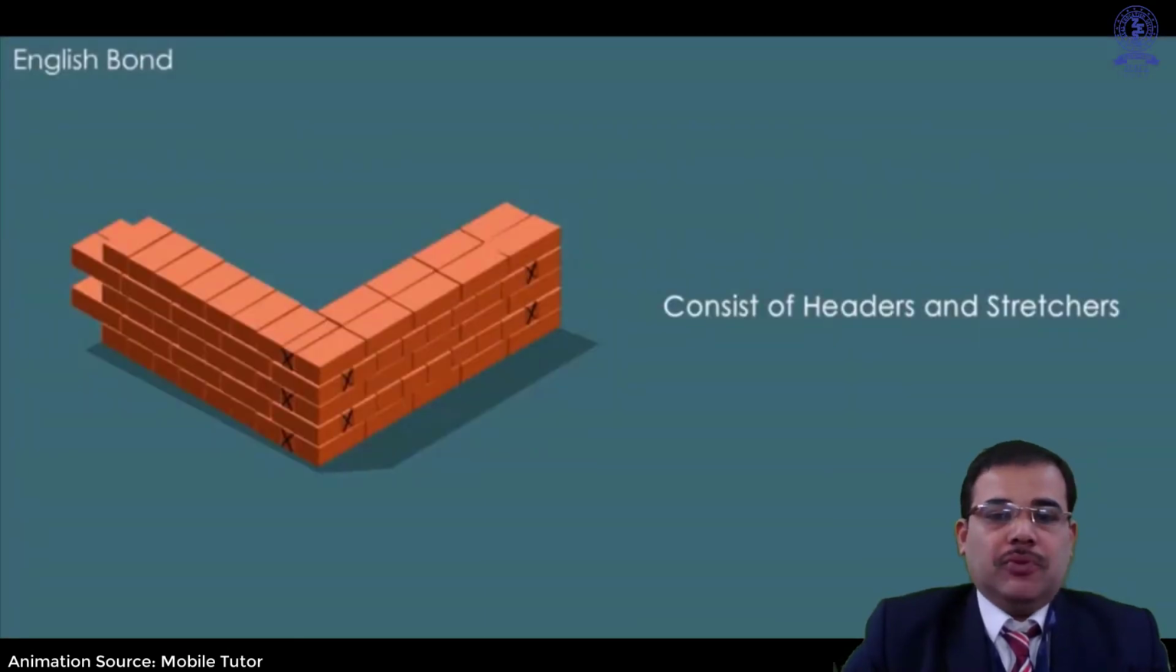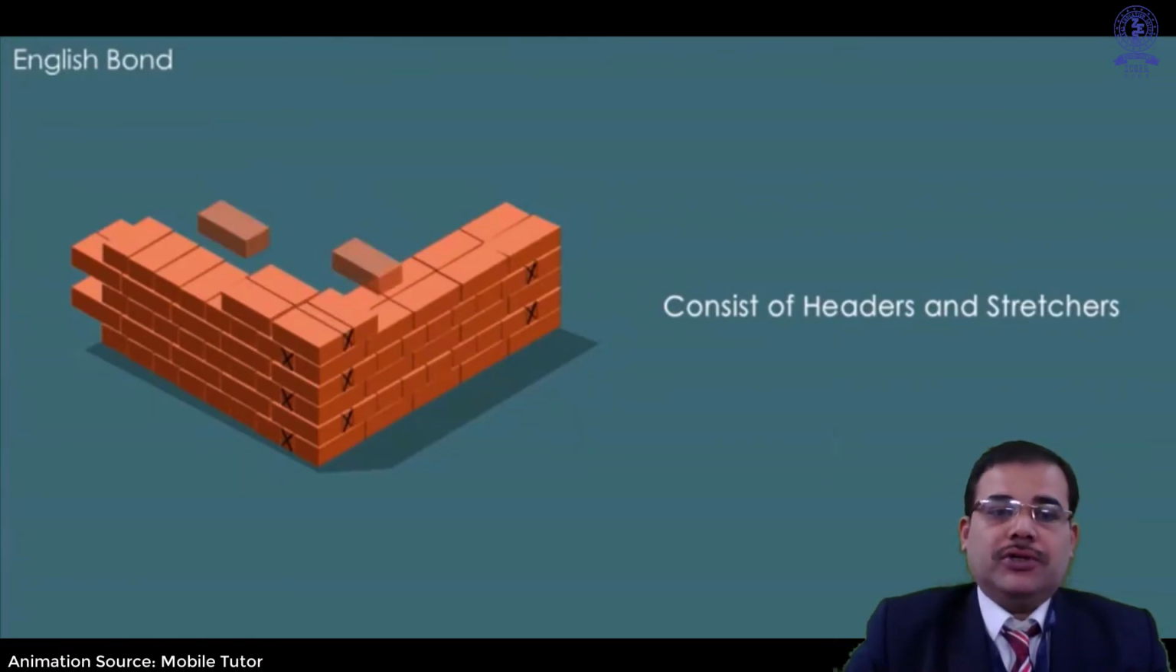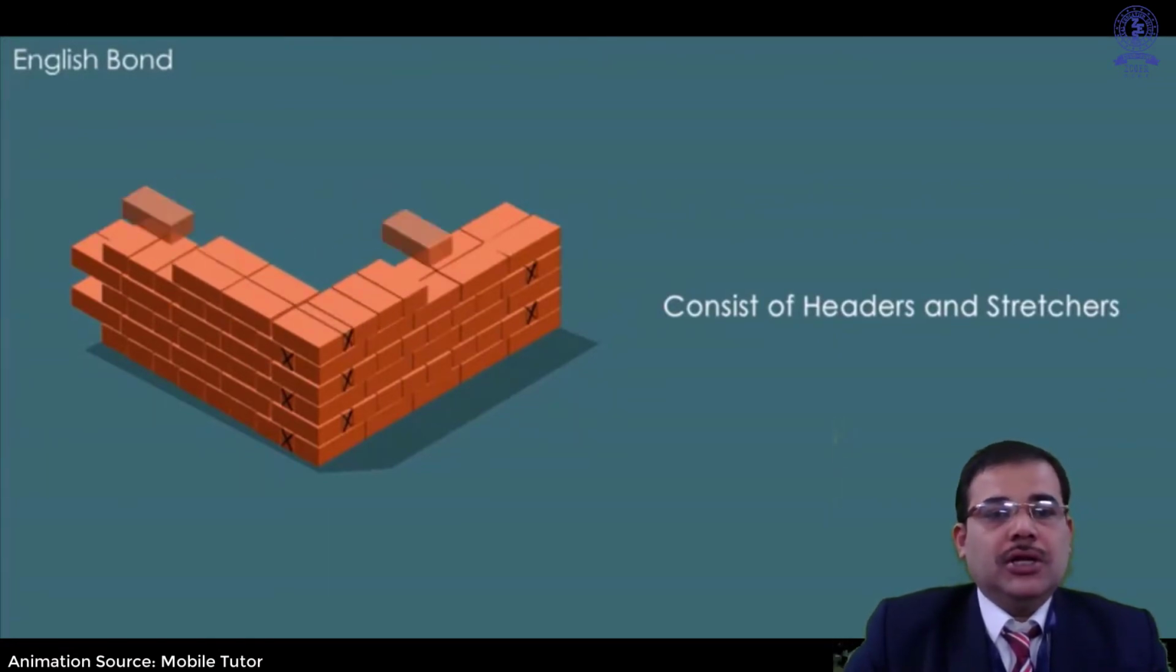In case of English bond, it consists of header as well as stretcher. So for the staggerness of joint, you can observe there is a one brick